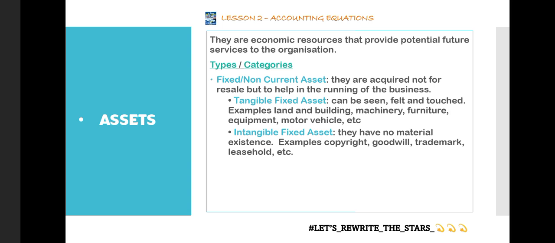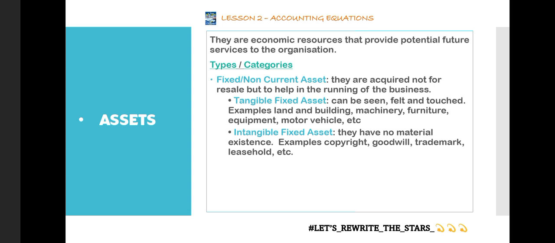And these ones too are not for sale. They are not for sale because we just sit on them to feel the comfort in the workplace. So they are also not for sale, but they also help in the production or in the efficient running of the business. I hope these examples are making sense.